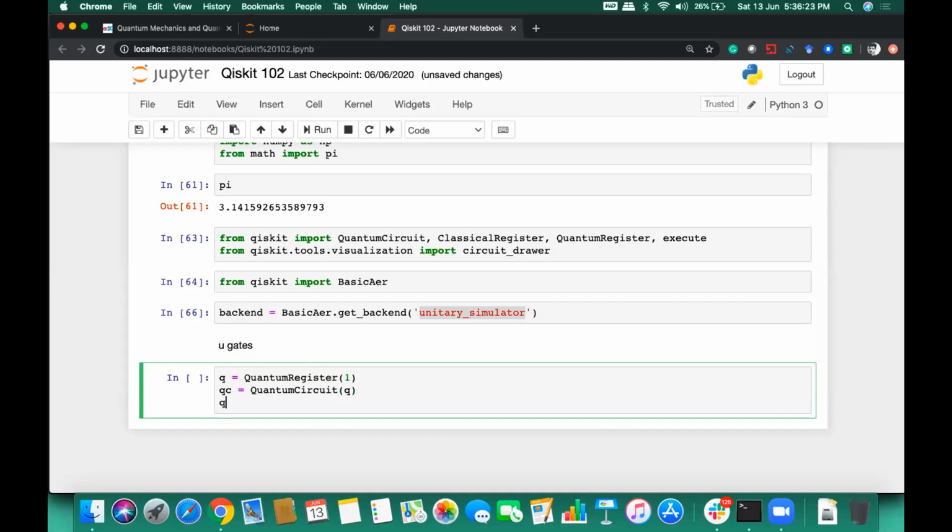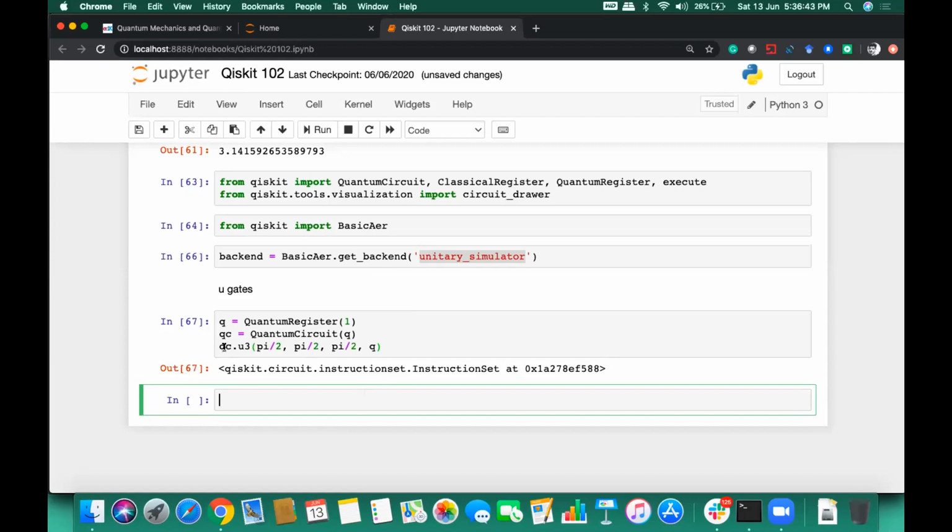And then we will be creating U3 gates. So here we can pass values like pi by 2, pi by 2, and pi by 2, and q. So your U3 gate is ready.